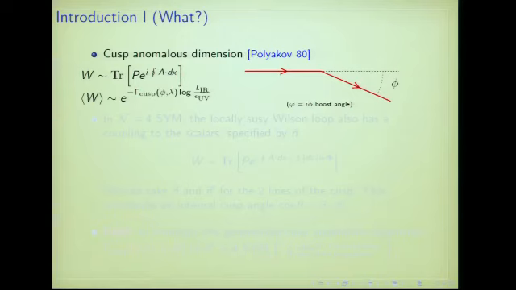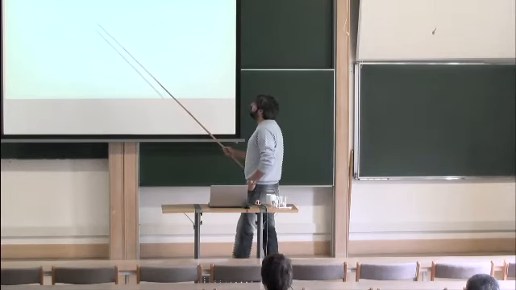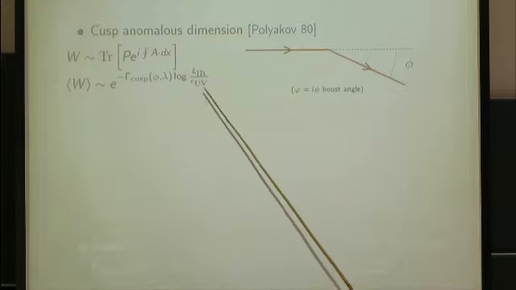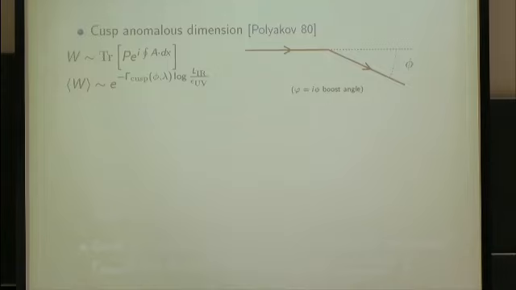As I said, what I'm going to be describing is the expectation value of a Wilson loop. If such a Wilson loop has a Cusp angle, a sudden turn at a point along the loop, it's been known that because of this Cusp, the expectation value develops a logarithmic divergence, and precisely the coefficient of this logarithmic divergence is the anomalous dimension of this operator. Of course this is going to be a function of the angle of the Cusp, and a function of the coupling.